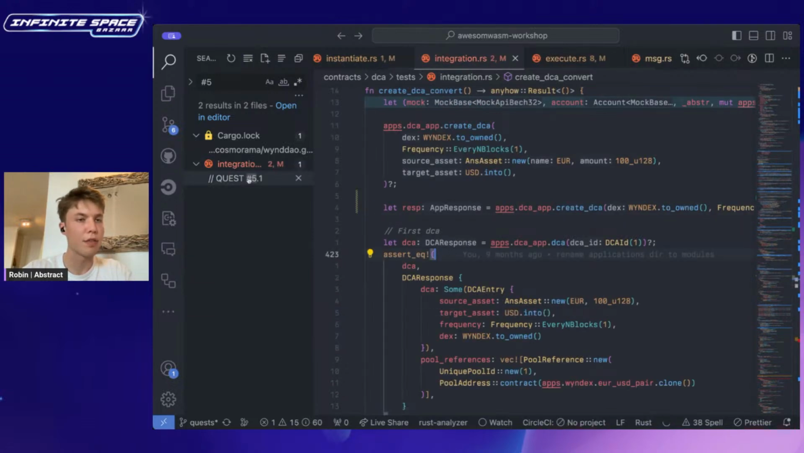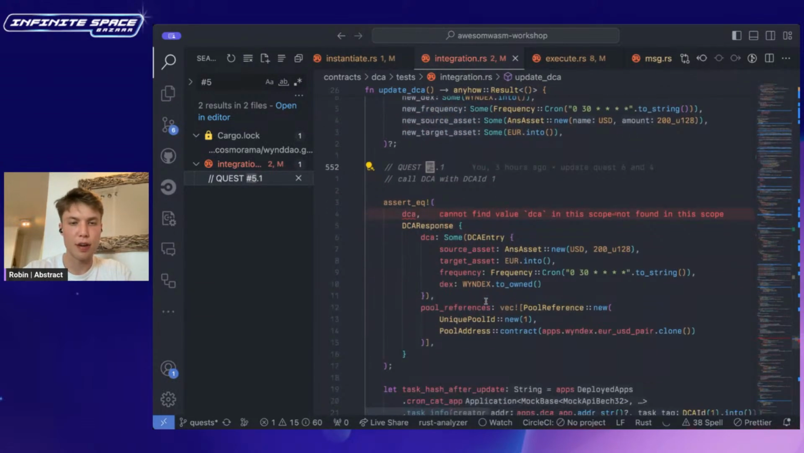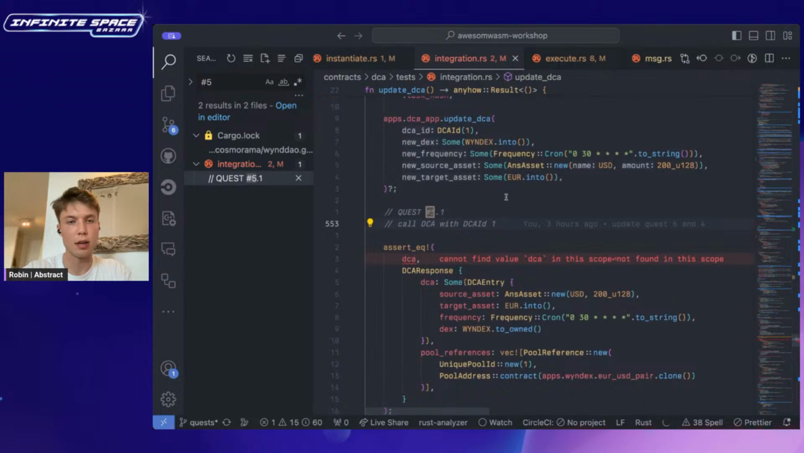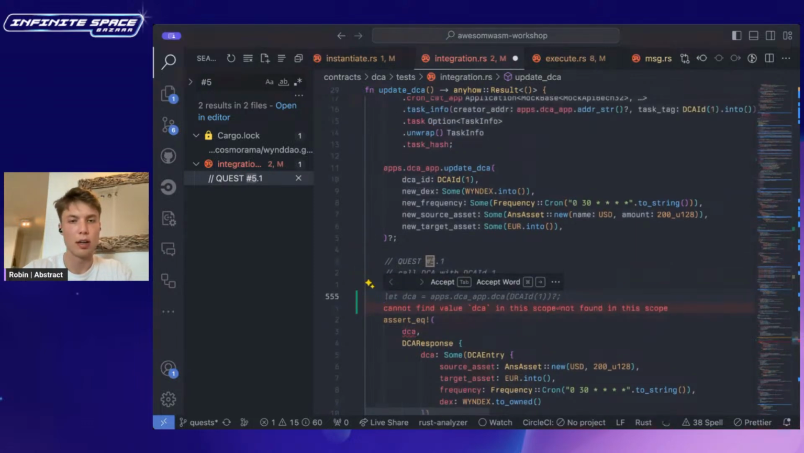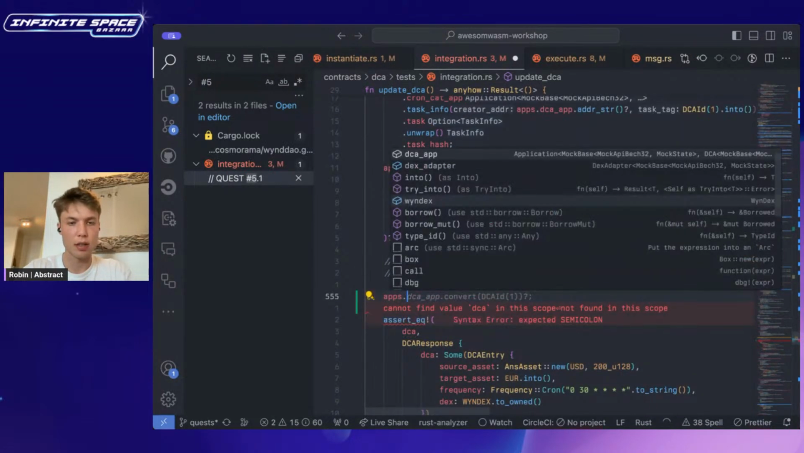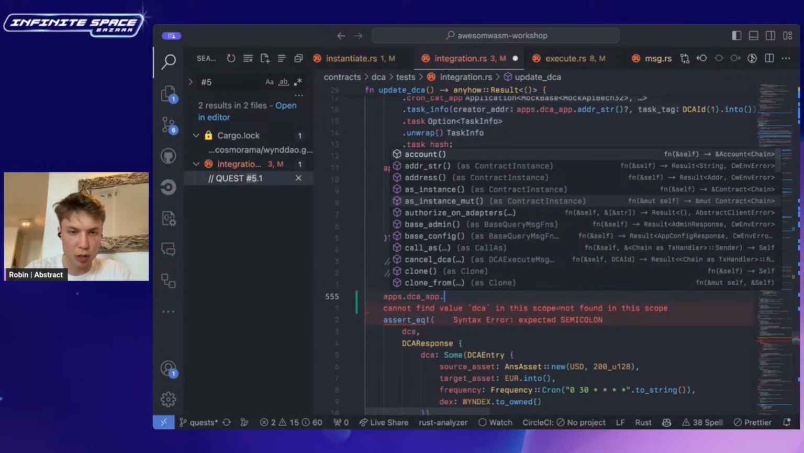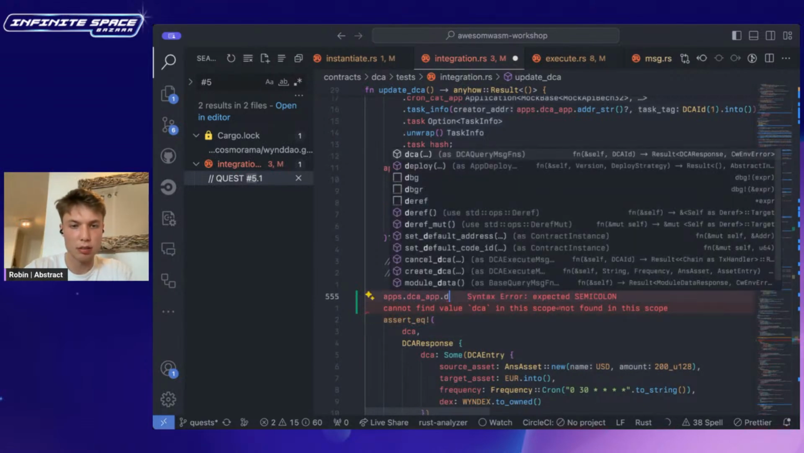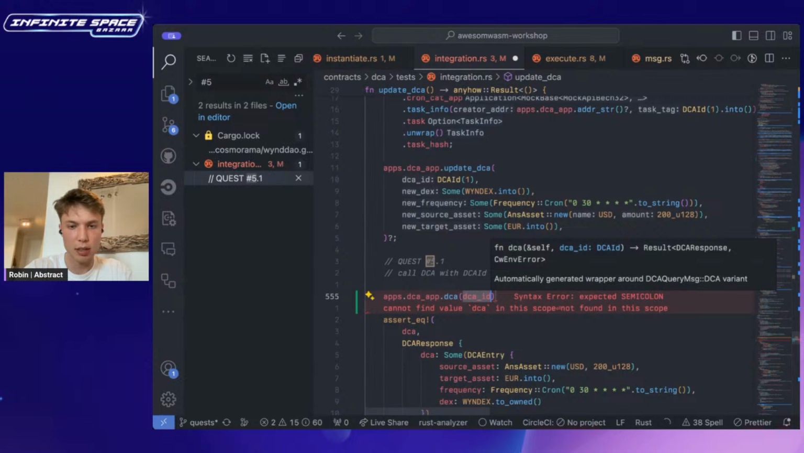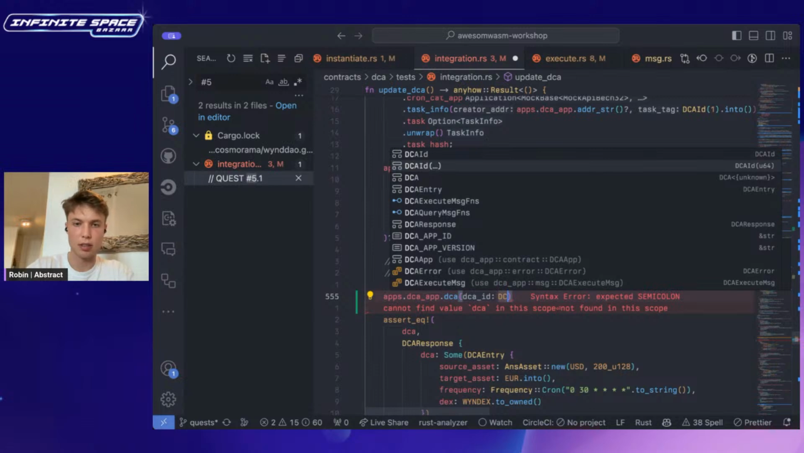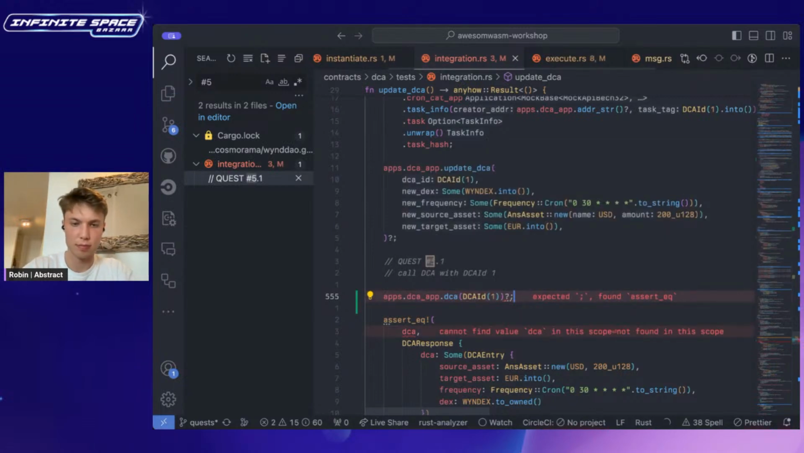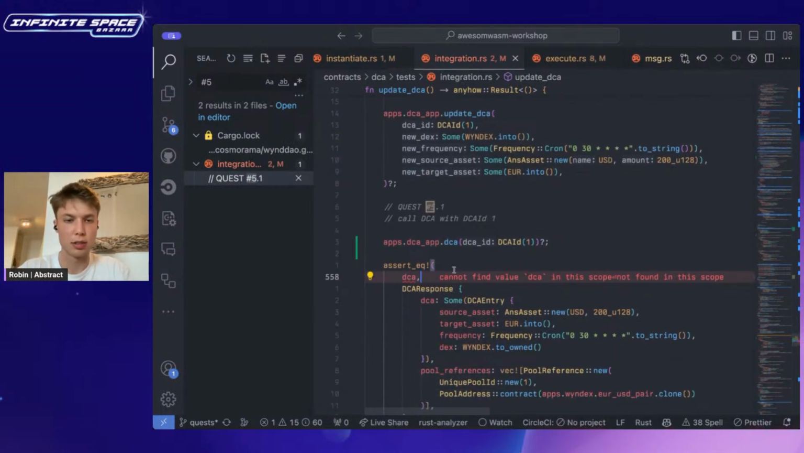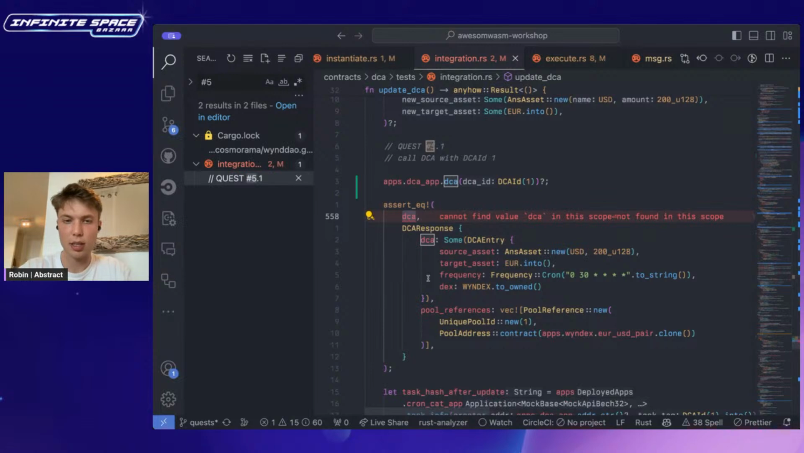So that's 5. And then 5.1, so this is basically the same thing where we have our DCA app, and we want to call, what was it? Call DCA. DCA. Nice. And then DCA ID, DCA ID 1. Nice. So this will DCA, and then